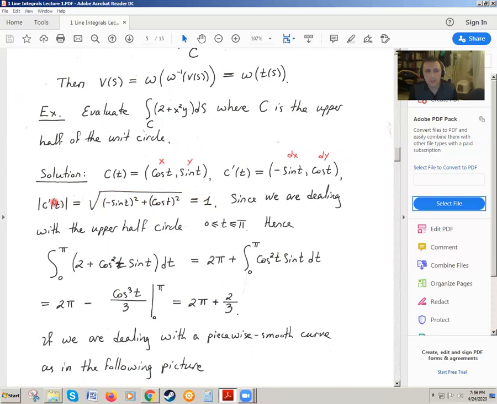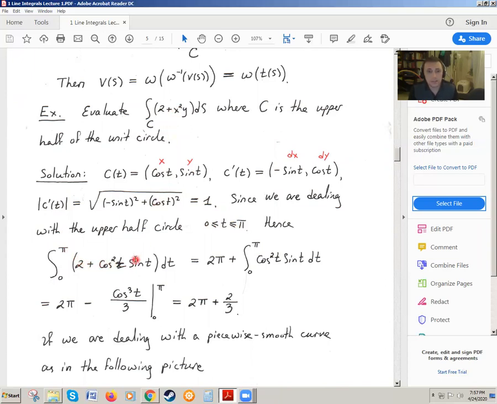So the magnitude of c prime of t is 1, which means that dv, so to speak, is the same length as dt. Now, I plug the cosine of t instead of x, and I plug sine t instead of y. So I get then the integral from 0 to pi. That's because it's the upper part of the circle. So from 0 to pi, 2 plus